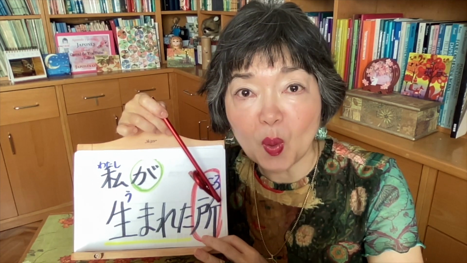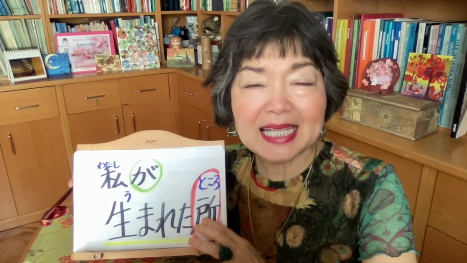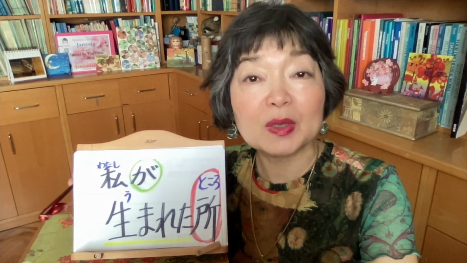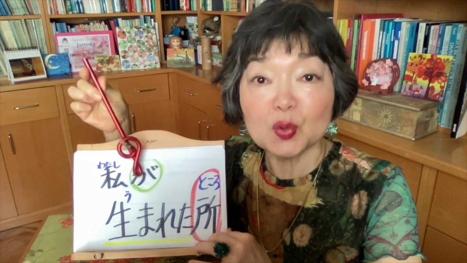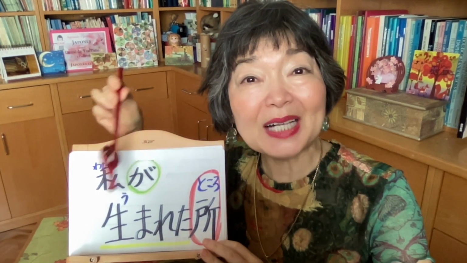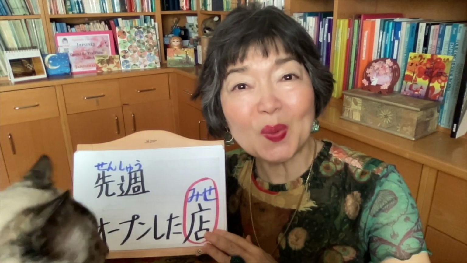So this is at the end. And the place where I was born. 生まれます, the verb to be born. So 生まれたところ, this is in 普通形. If I want to say I was born, 私は生まれました with particle は. But here we must change the は to が in the relative clause: 私が生まれたところ.